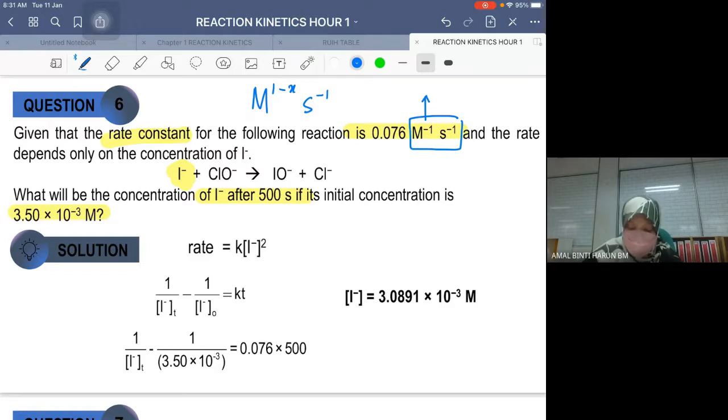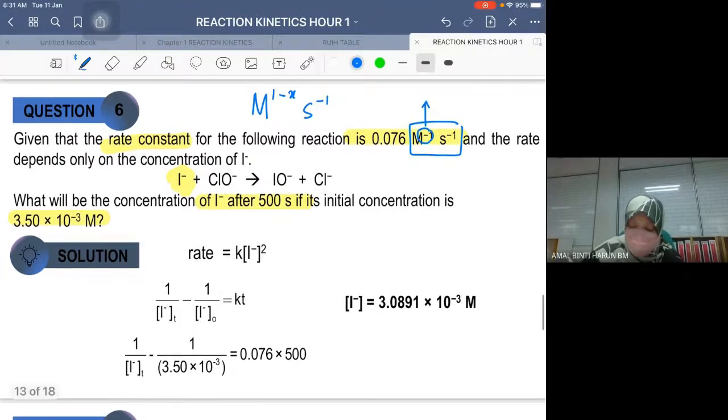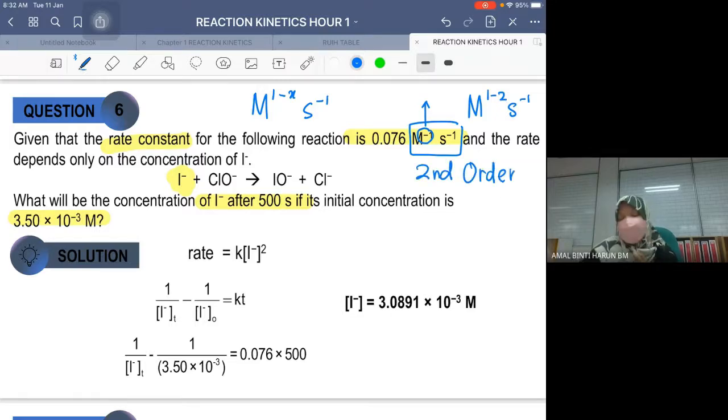So, 1 minus X that produce negative 1 is what? Meaning that 1 minus second order, kan, per second. Because 1 minus 2 is negative 1, so you get negative 1. So, it is second order. Okay, so kalau dalam exam, dia kata ini adalah second order,